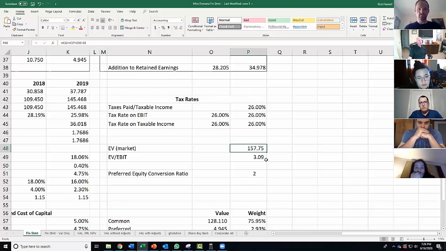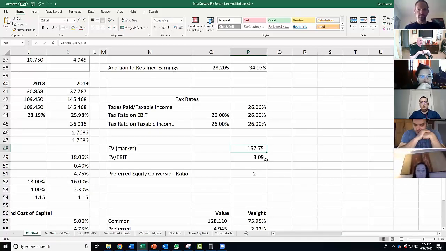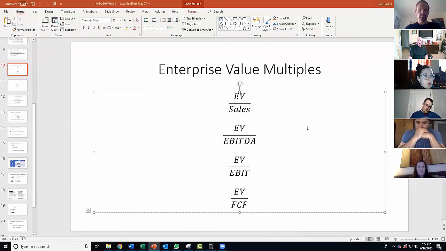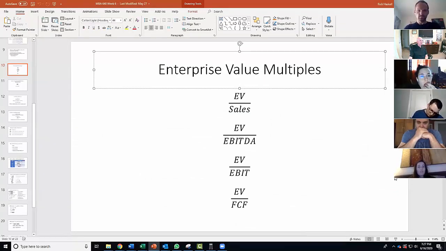Just like if I have two houses on a street, one of them just sold for $100,000. It's a 3-bedroom house. And if those two houses are relatively similar, lot size, condition, 3 bedrooms, both of them, I would expect that other house should be able to sell for the same $100,000, right? I'm going to use its bedrooms to identify its multiple. Okay, those are comps. And we do the exact same thing with businesses. We call them enterprise value multiples.